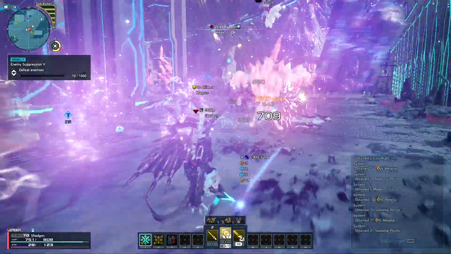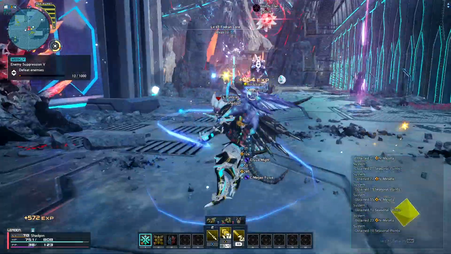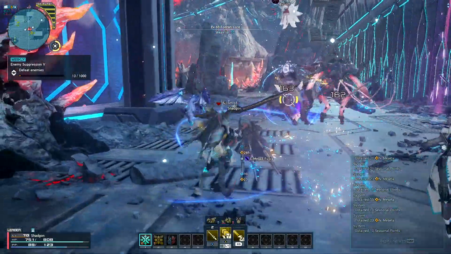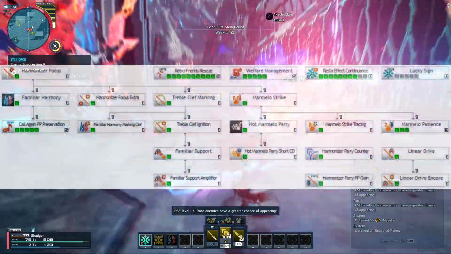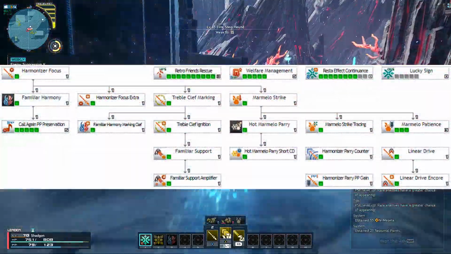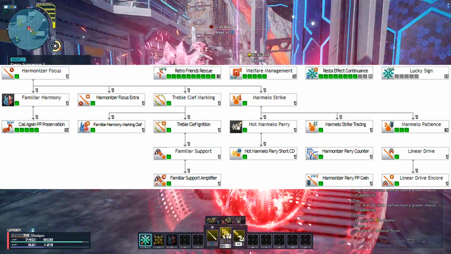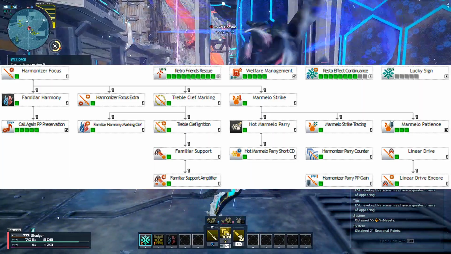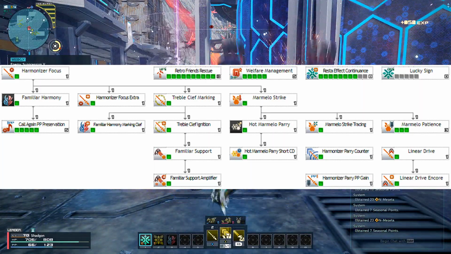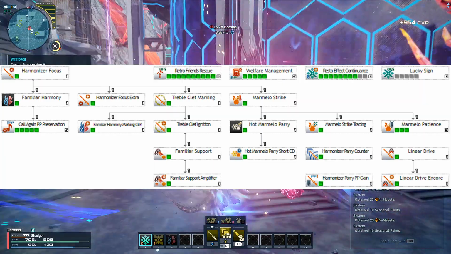For starters, let's talk about your class tree. At the time of this recording, we have a maximum of 47 skill points to spend. Here's how we spend them. First, grab Harmonizer Focus, which fills the focus gauge of one of your familiars when you use their Photon Arts. Upgrade this with Familiar Harmony, which allows your familiars Fredrin and Wolfen to attack in unison, consuming some of each